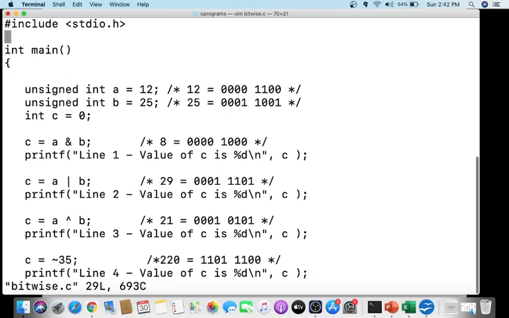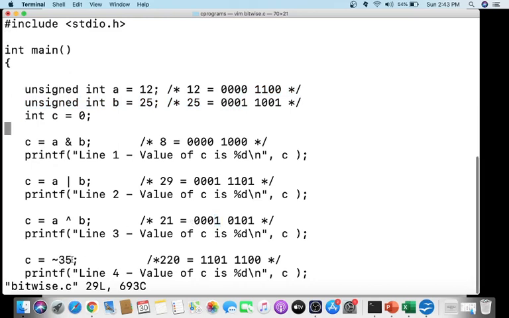Then this is the XOR operator. What XOR does is, if the two bits are different, then the result will be 1. So 0 XOR 1, this is different, so the result will be 1. Then here both are the same, so it is 0. Here they are different, so it is 1. Here both are the same, so it is 0. Here they are different, so it is 1 again. The other two are the same, so it is 0, 0. So this is the XOR operator.